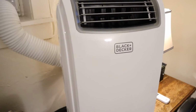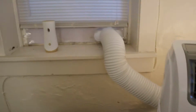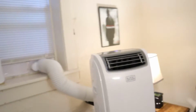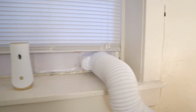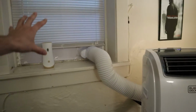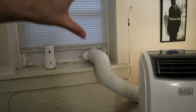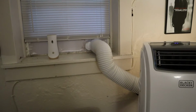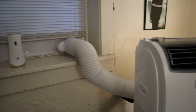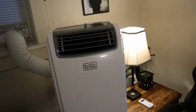So that being said, we have this beautiful thing. It's a Black & Decker AC bot. I don't know if that's a technical name. I just like to call it a bot because it kind of looks like a robot. And the hose just goes straight out to the window. When we first moved in, we had one of those window units that you put in, but it was really heavy and kind of a pain in the butt to change all the time. Whereas this, you just stick the hose out,